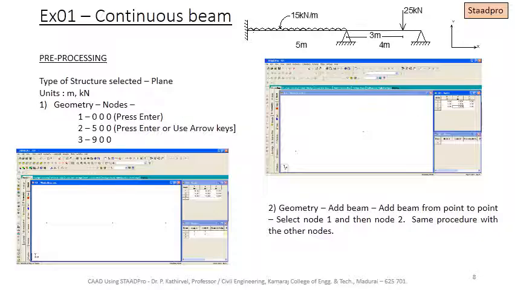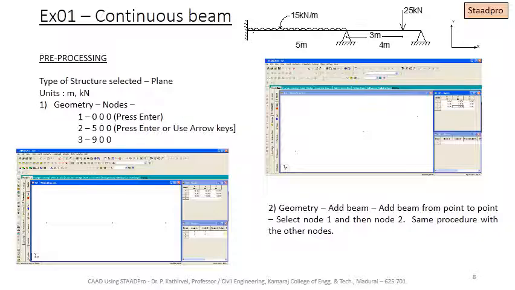The second node is entered as 500, where the distance is at 5 meters in the x-axis. The third node is 900, where the third node is at 9 meters from the origin, by which 3 nodes are established. And then the second step is to add beam between these nodes.